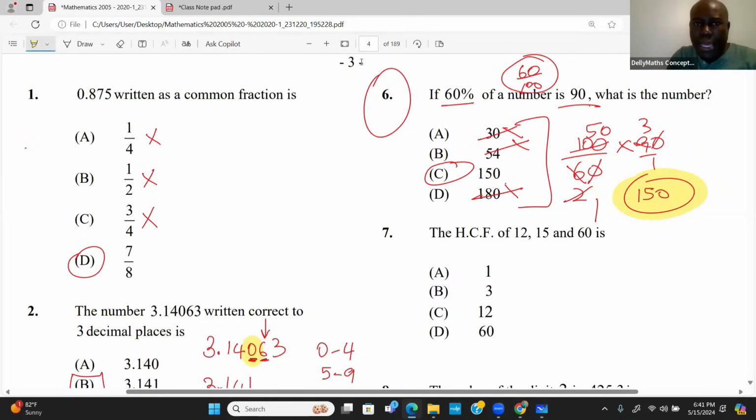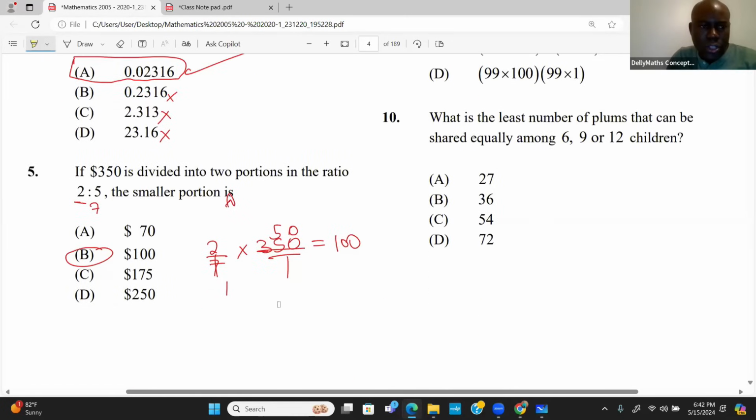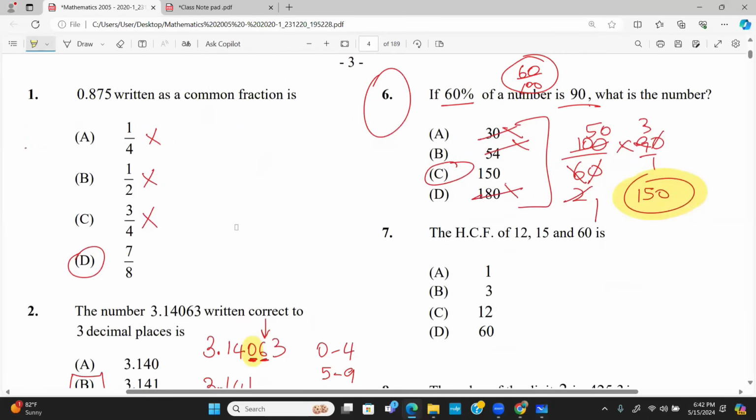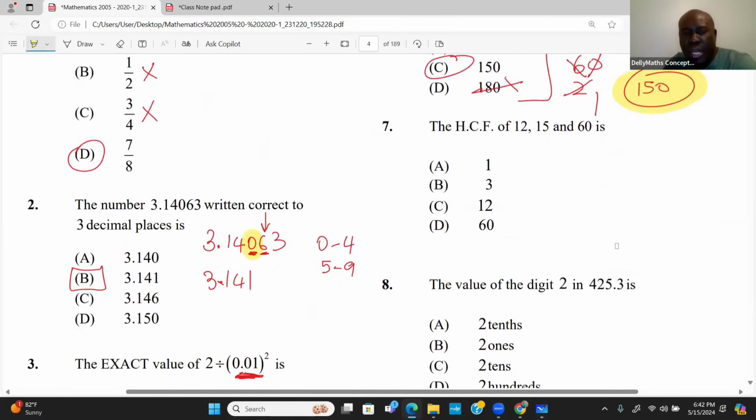So, answer for number 5, sir. I would have to look back at it. I don't remember the question. Number 5 was 100. Okay, sir. All right, so number 6 is 150, and we're looking at the fact that you could have used the process of elimination. Number 7,